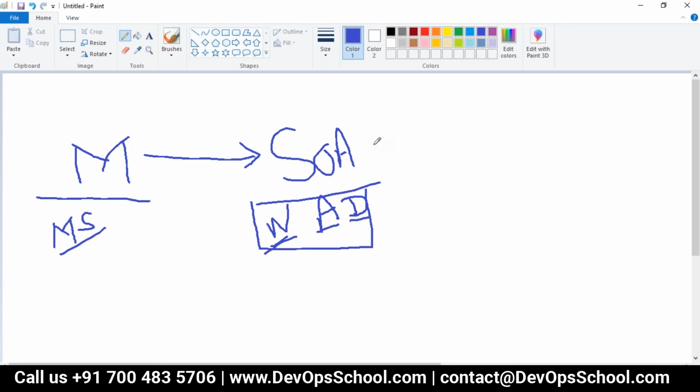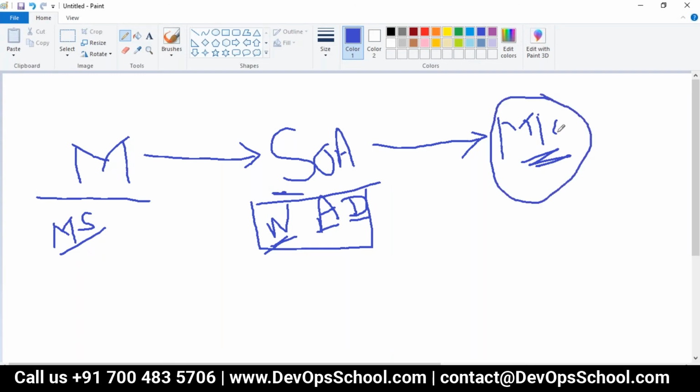But now guys, we are moving from SOA to microservices. This is not a service anymore. Microservice. So what are microservices? Why is it happening? It is happening because of only one reason, and that is we are using cloud-based software a lot.